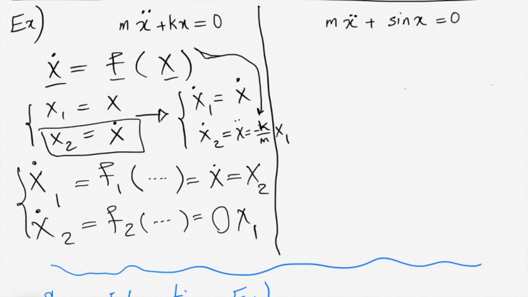So you have a coupled equation here. It means that the change in the variable x1 with respect to time depends on the second variable, and the change in the second variable with respect to time depends on the first variable. But you can see that this is first order, therefore this x1 and x2 here,